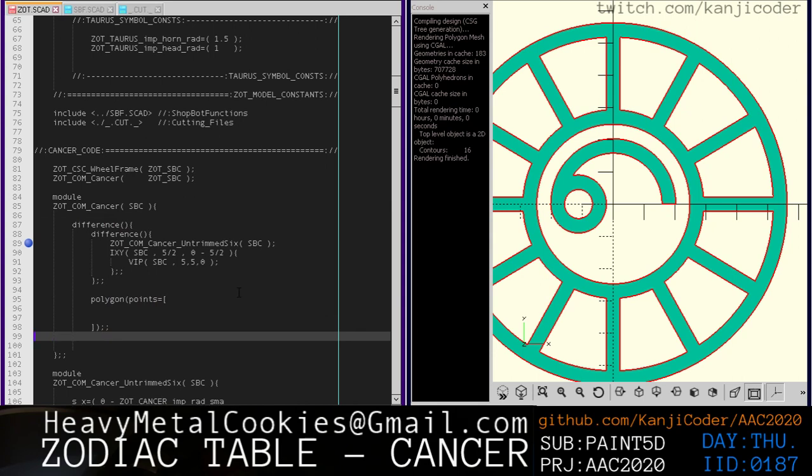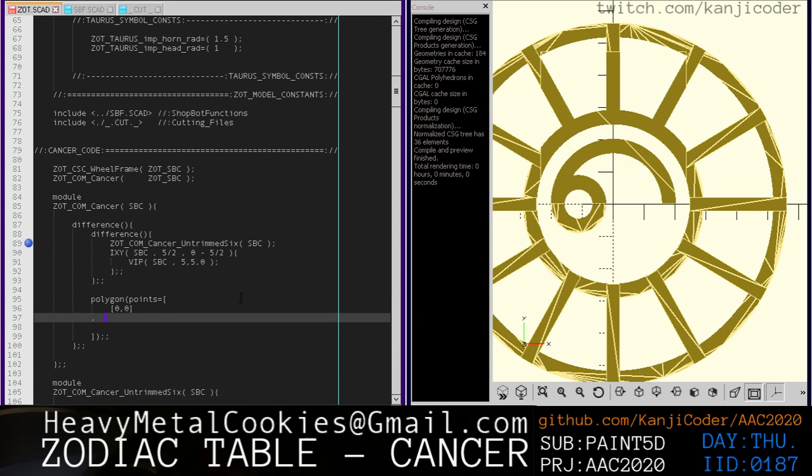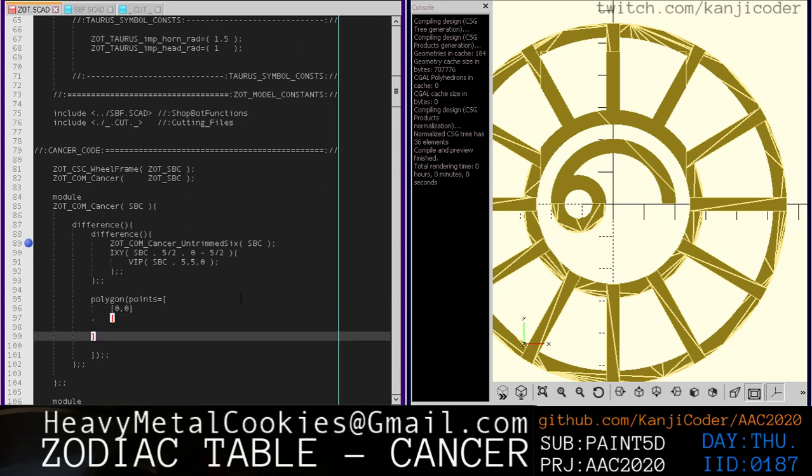And also we need to close this. Okay, so it's a polygon with no points. I think it'll complain, but I don't think it'll crash. So now within here, we just need to work on the angle, right? So this is 0, 0. This is some type of angle, and this is 0 degrees. This is maybe 45 degrees. 45 degrees would be good if we could get that to give us something decent. So 0, 0, and then we want to do